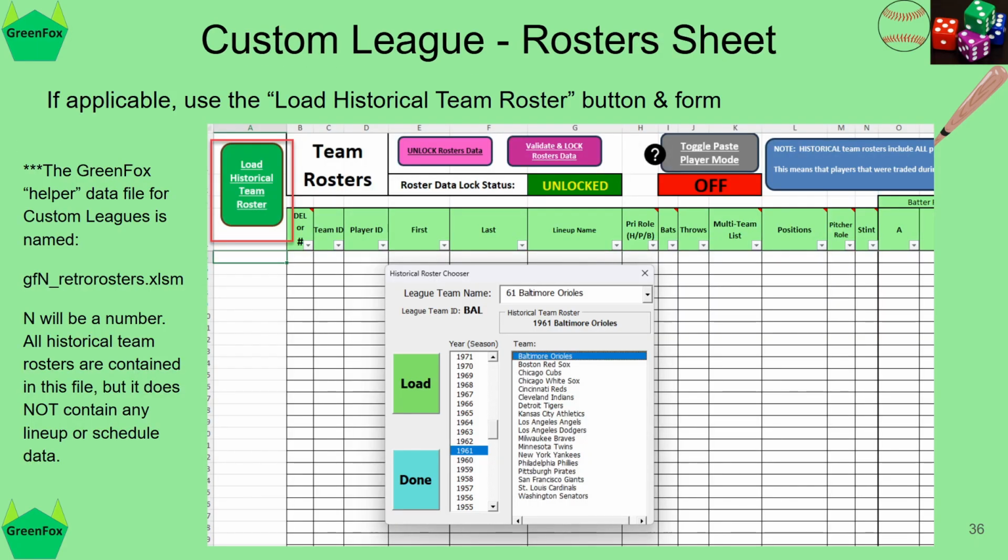And here's where you load your rosters. And here's, I'll say, the helper button. If you have historical teams, this will save you a ton of work. And over here is a little info about these historical rosters: the GreenFox helper data file for custom leagues. There's a file on the Facebook group,